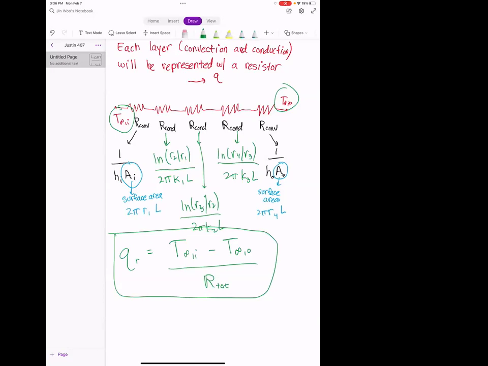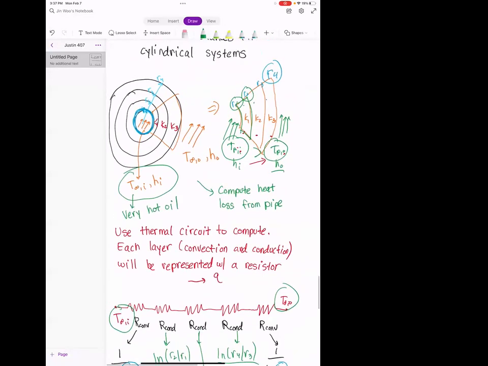Any questions on this? So we can't just divide up area. Exactly right. In this case, the area is actually constantly changing. If you compare the surface area right here for a cylinder of a certain radius to the surface area on the outside of that, the surface area is actually going to grow, because a cylinder with a larger radius has a larger surface area. That's a very unique characteristic of cylindrical systems: our surface area is going to be different as we flow from one radius to another.